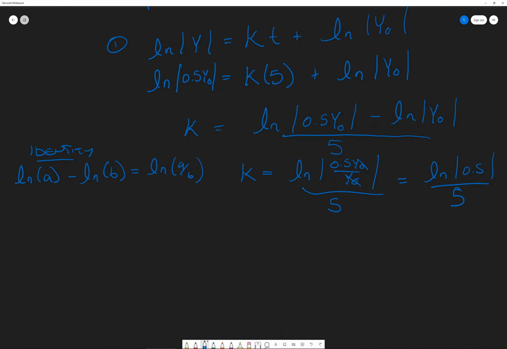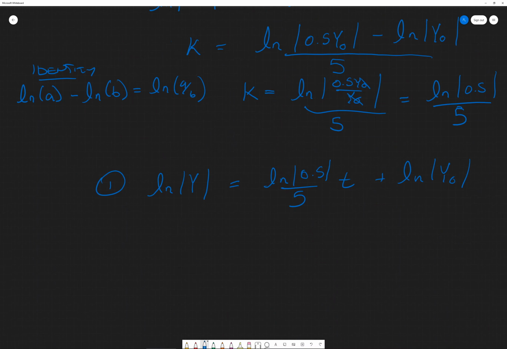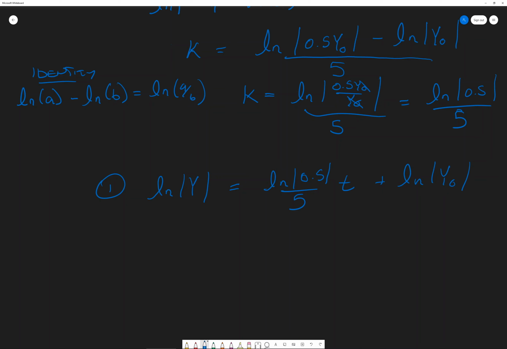We have our equation, again, in the ln form: ln of y is equal to, what's k? Well, k is ln of 0.5 over 5, times t, plus ln of y0. Okay, so now this is our differential equation. We solved for y in terms of t. We don't have to solve for y explicitly. Let's leave it in this form, because what we need to do next is the question asks us,